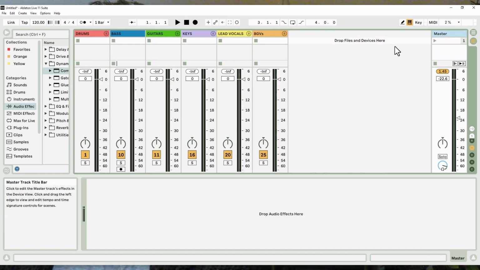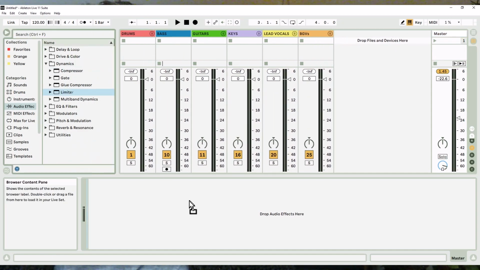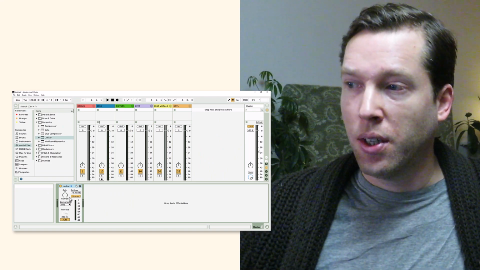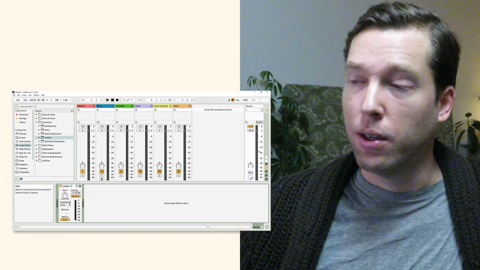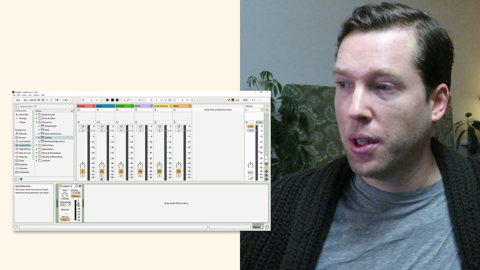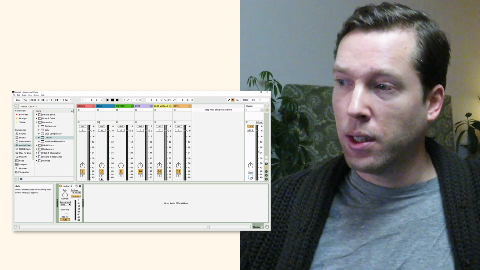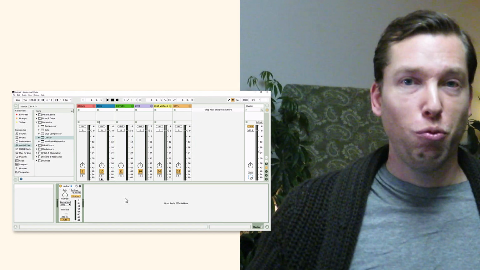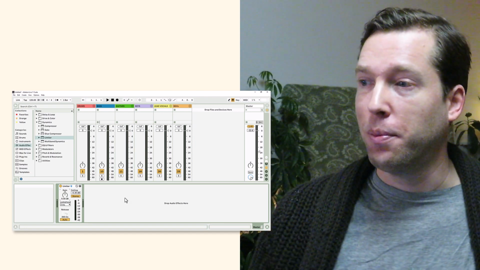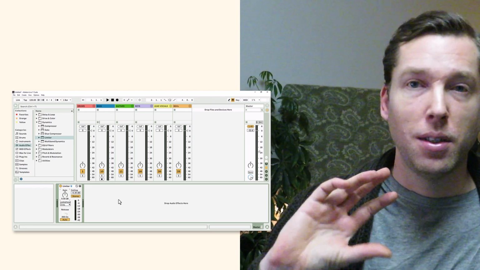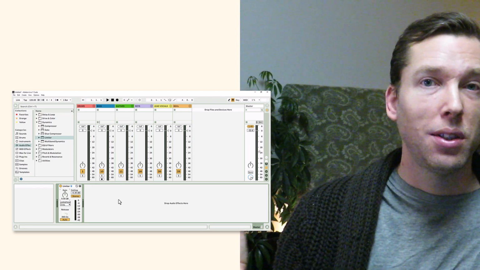Great. On the master, all I'm going to add here is a limiter. This is for safety. When you want to print your mix out, you can add some gain only then, only when you're ready to print it out, and try to get it close to there. But this ceiling will help to protect your ears and your speakers in case something really loud happens. It will make sure that it only gets to a certain level and doesn't endanger either your monitoring system or